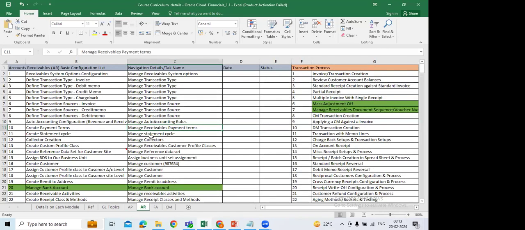Finance processes are almost common across companies. Supply chain process is a little bit different, but at least 80% of finance process is the same. So if we understand this process, then definitely 80% will be the same from the finance perspective. 100% correct. As I said, 75 to 80% of the functionalities are covered here.